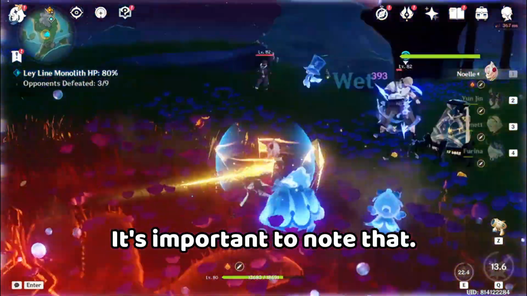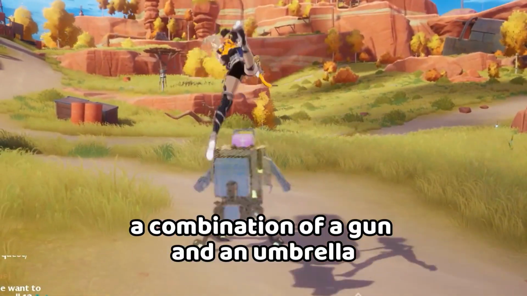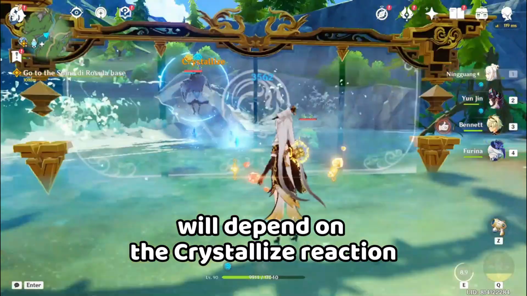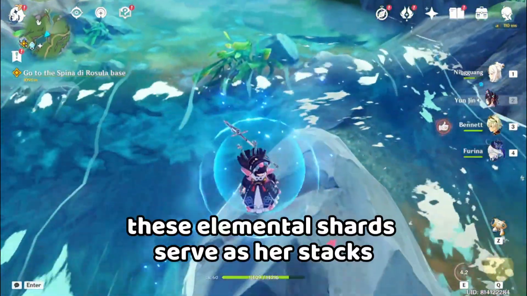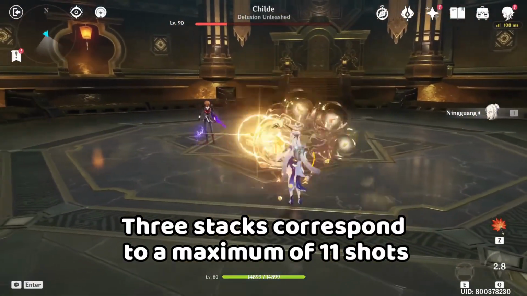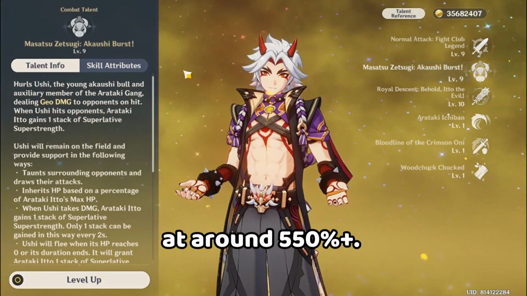It's important to note that Navia's E-skill will fire multiple shots using her gunbrella, a combination of a gun and an umbrella, though I think it's more like a cannon. The number of shots and damage will depend on the crystallized reaction. If they are absorbed, these elemental shards serve as her stacks, up to 6 stacks. 3 stacks correspond to a maximum of 11 shots, with each shot scaling similarly to Ito's E-skill at around 550%